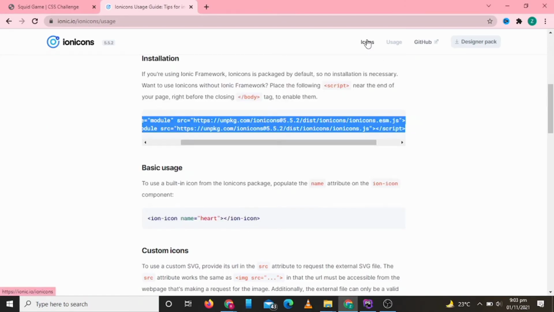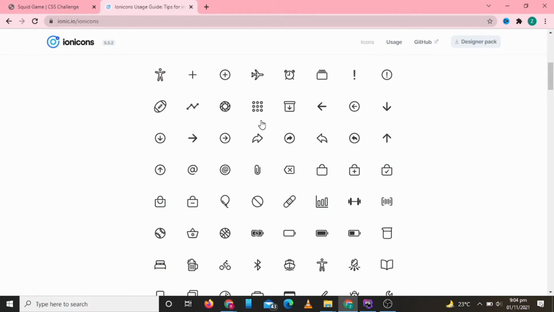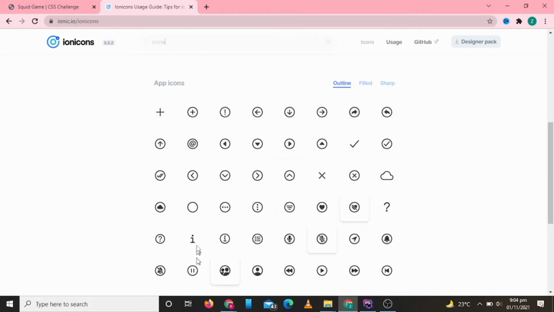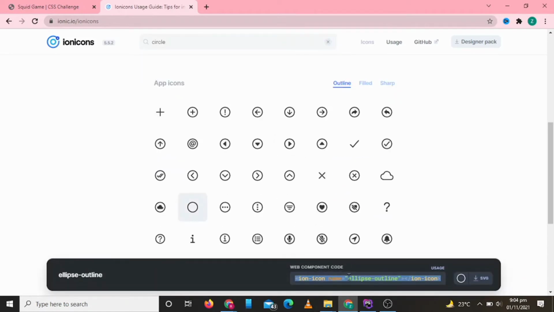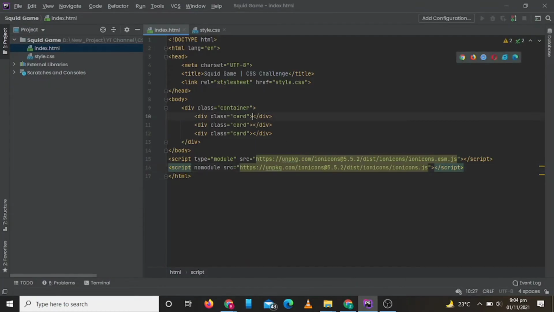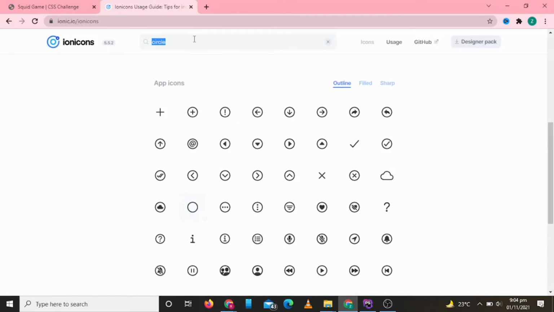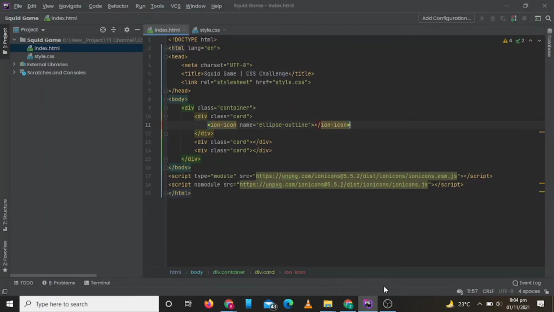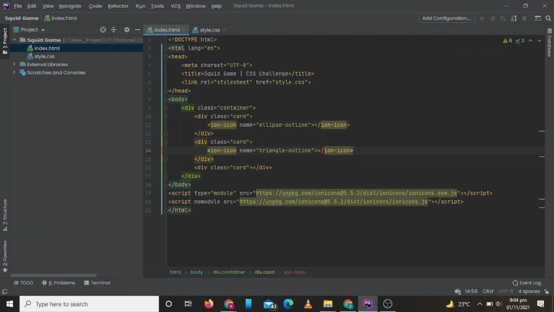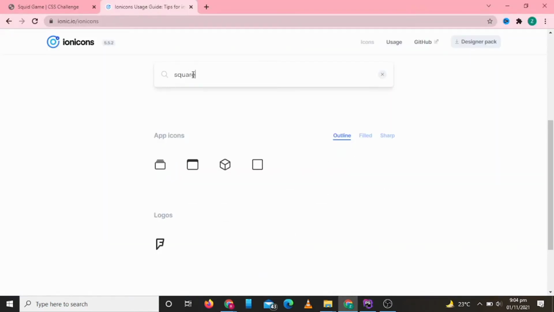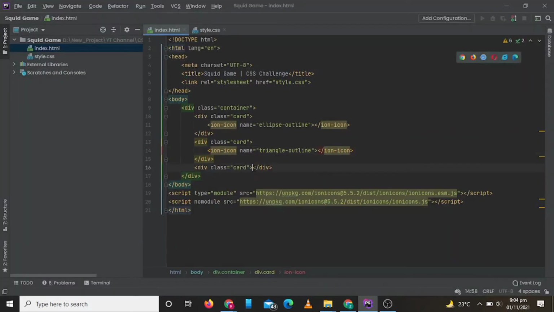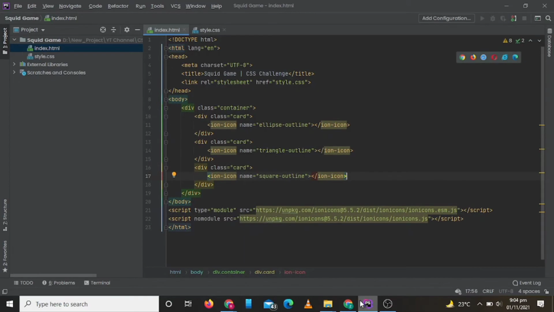Now let's add our icons by clicking on icons, and we will select one circle, one triangle, and one square. Now let's check how they are looking.